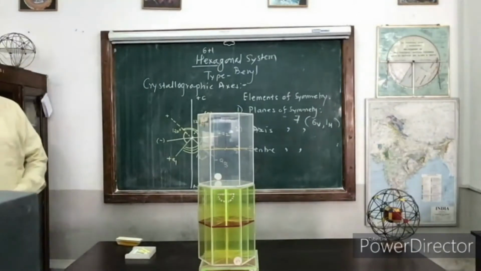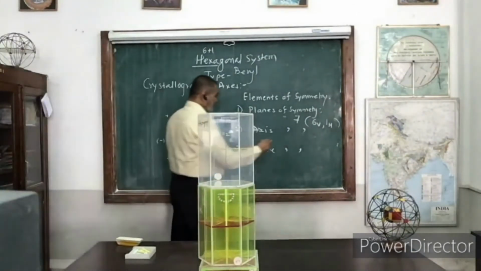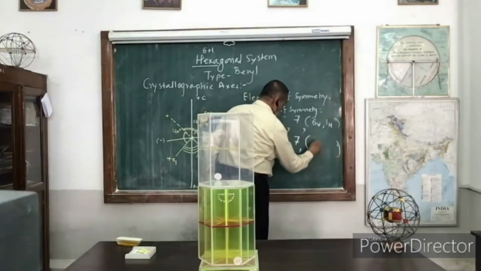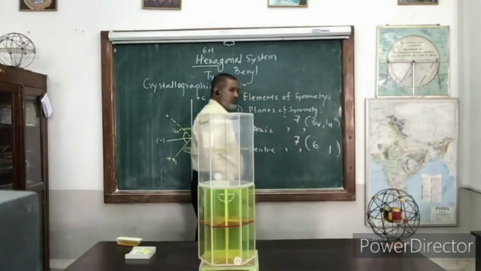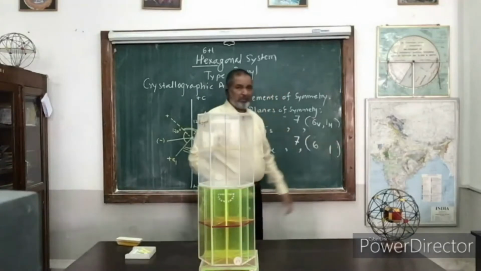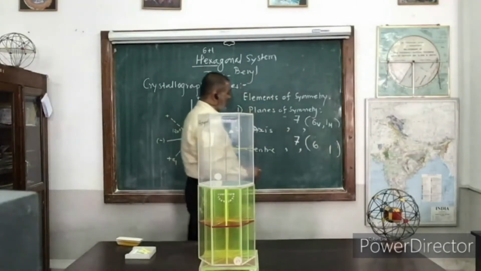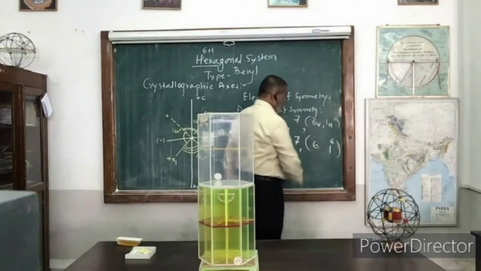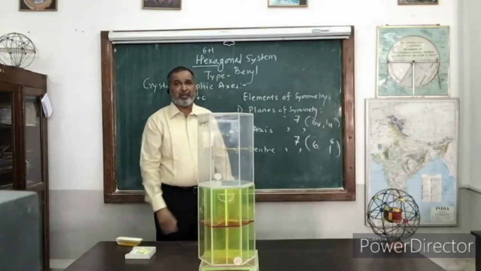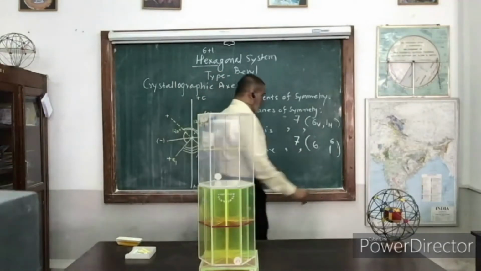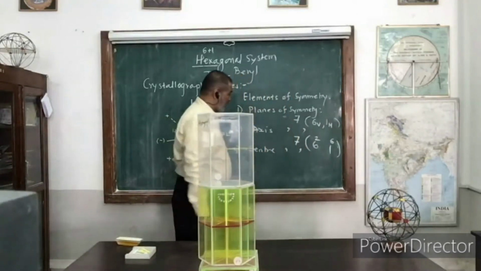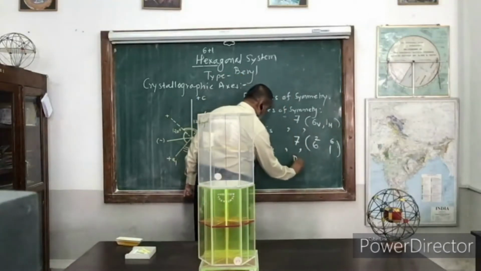Axis of symmetries. Now the axes of symmetry are also 7. Yes, the same number will be there. And this is also the same number. Now, there is a rule. What is the rule? The minimum number will give the maximum. What is the maximum? Hexa. So 1 of 6-fold symmetry. And the second rule is the highest number of axes gives you the minimum fold. So 6 is the highest number, which gives you the minimum. So 6 of 2-fold. And the last one is, center of symmetry is present.